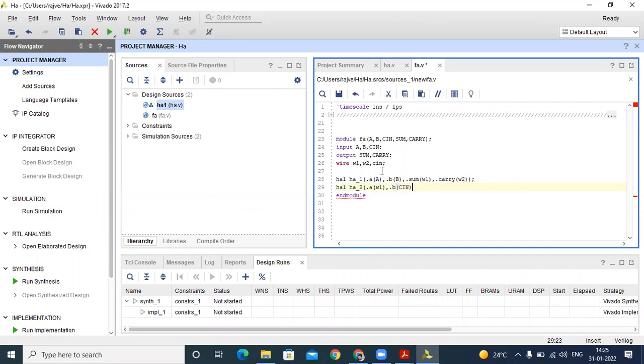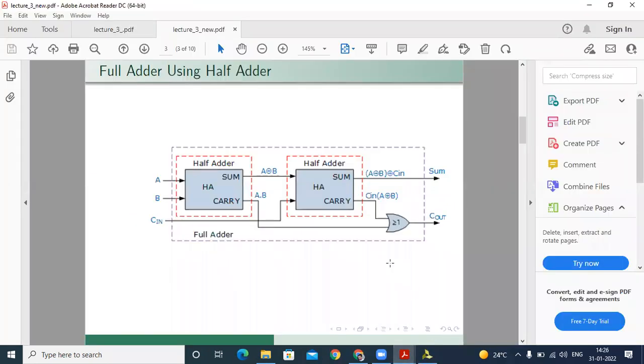Okay. After that, colon, dot. After that, you see in our structure, this one is sum. This sum is also connected to our top module. So this is the sum for the second half adder module, and also for our top module.